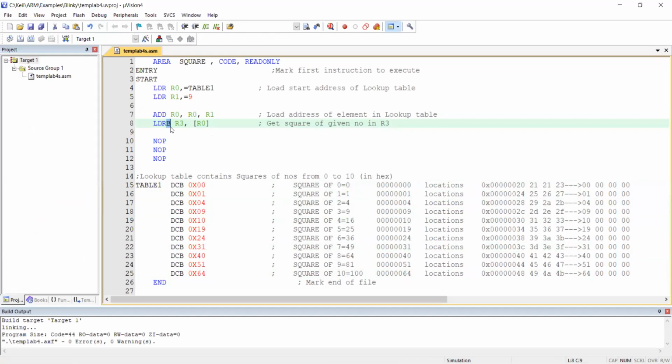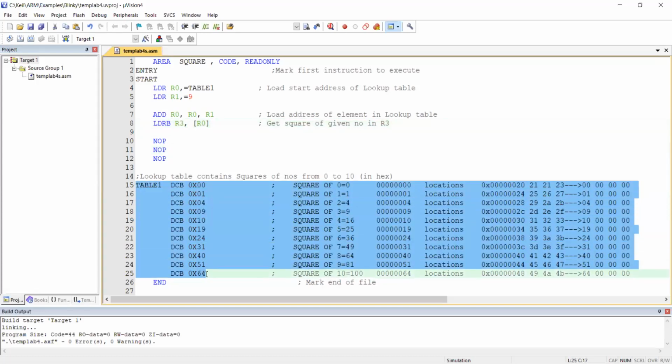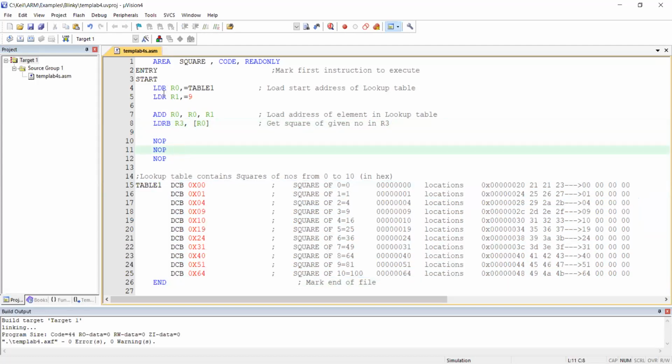Since the lookup table is only of 8 bits, why take a 32-bit data transfer? We can go with byte data transfer, so I have reduced it. I have eliminated the mask concept. It is a very simple program. If you write the correct alignment in these programs, it's going to be very simple. Any doubts, please don't hesitate to ask. We'll go for one more program. If there are no doubts, we'll shift to the next experiment. In the next experiment, two versions are there.